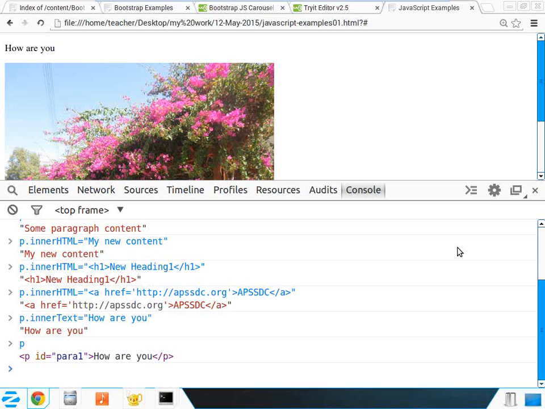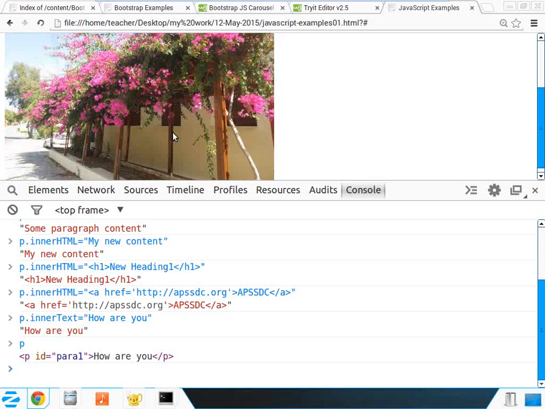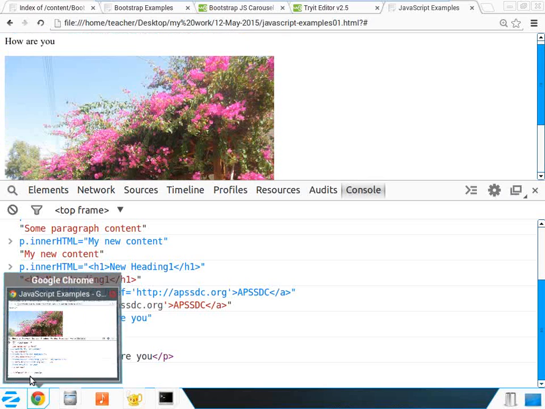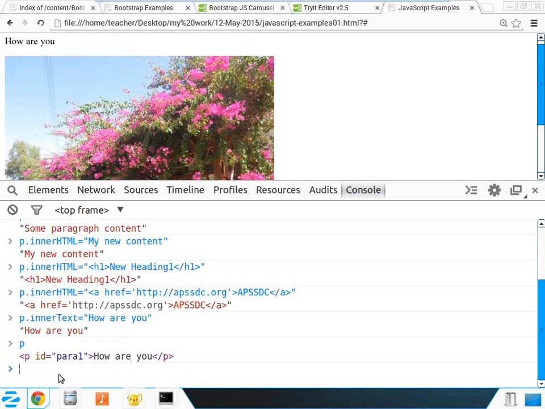So you can change the content. Next one, you can change the attributes. What is called the attribute? There is an image here. I want to reduce the size of the image. How can I do that? Same way, x is equal to